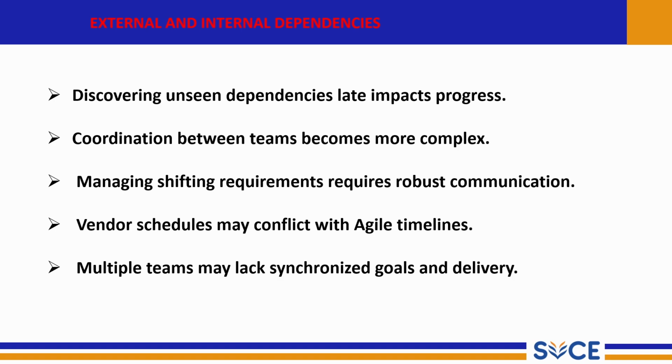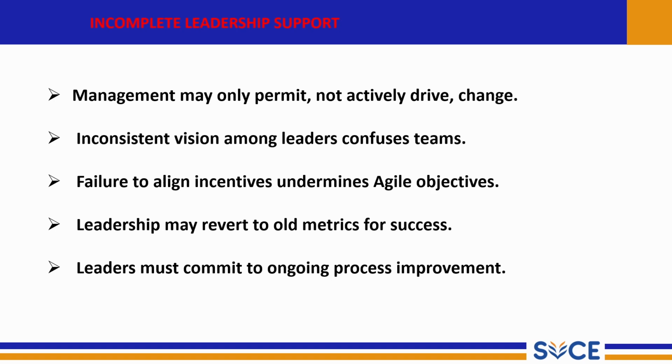Managing shifting requirements requires robust communication. Without proper updates, teams build the wrong things, and vendor schedules conflict with agile timelines. External partners may not work at agile speed. Multiple teams may lack synchronized goals. Different timelines cause misalignment. In the next slide, we'll see